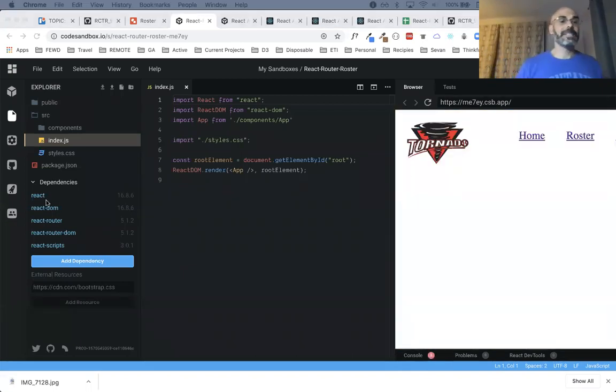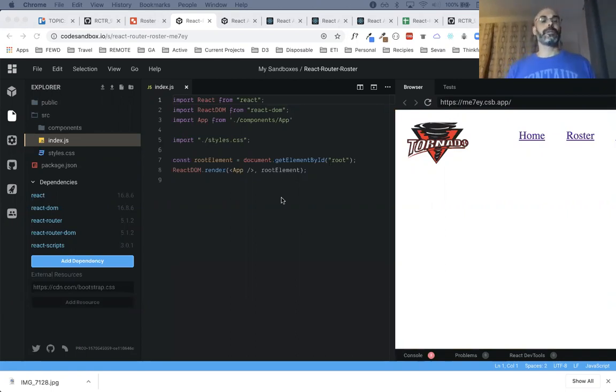We know that React itself is the library that we use to import React, but when we're doing React Router, we need two separate libraries. One is going to be responsible for the router, and the other one is going to be responsible for, let me see, I forgot the React Router DOM.